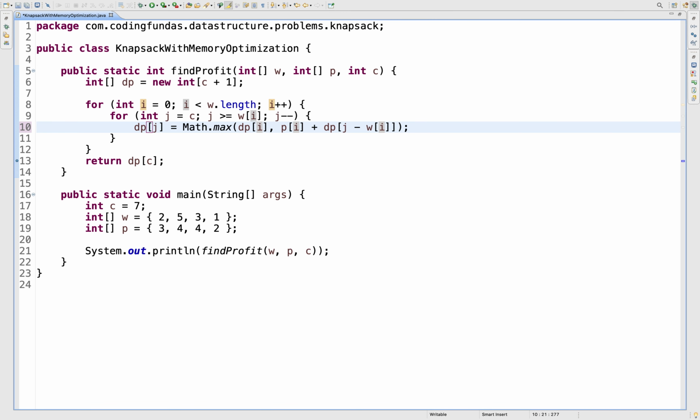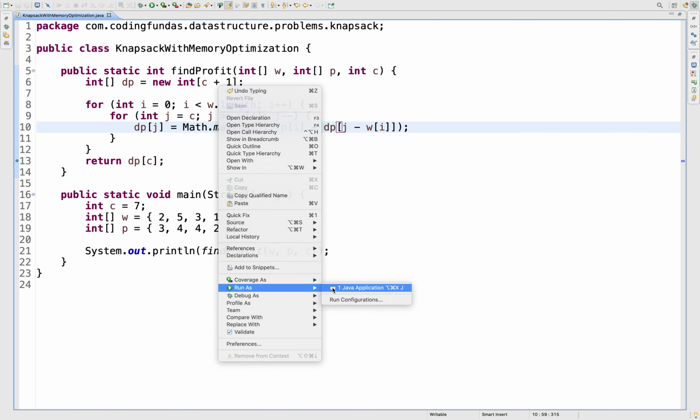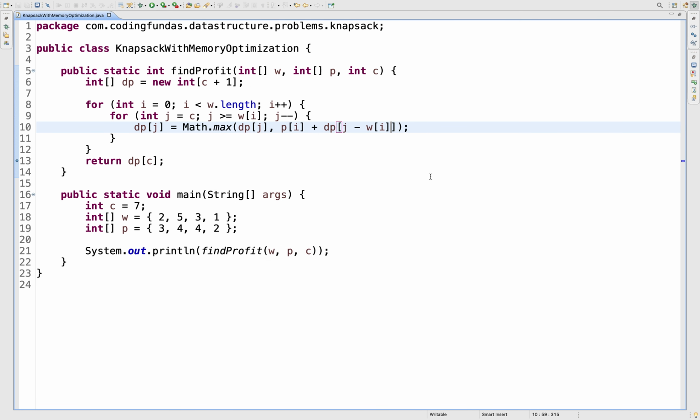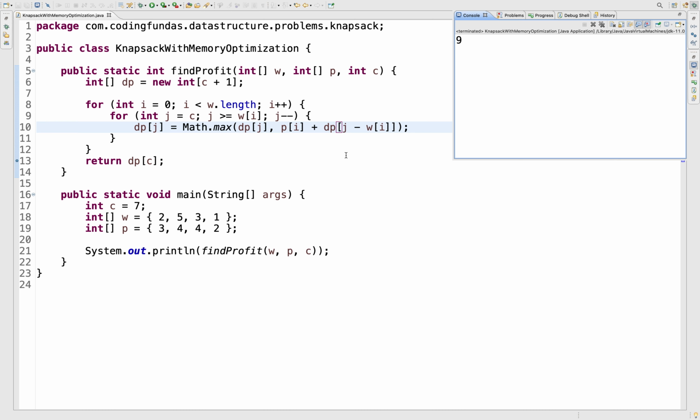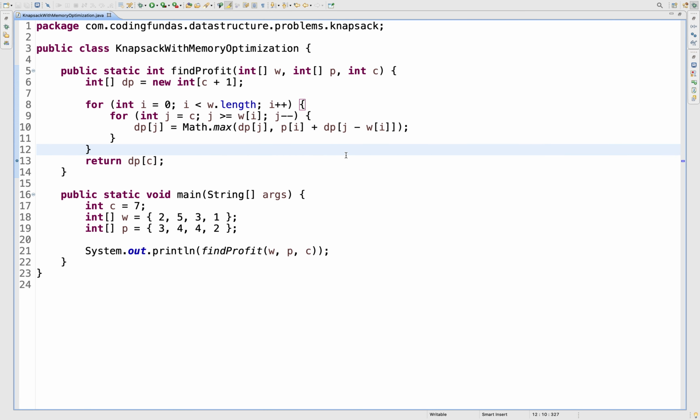This should be dp of j equal to, yeah, because we are filling it for capacity, not for the items. And now it should give us the right answer. Yeah, so I hope this is clear to you.